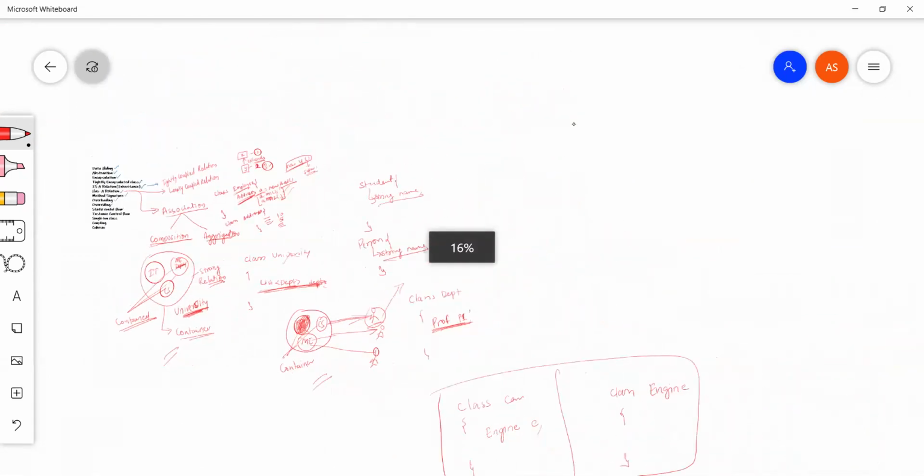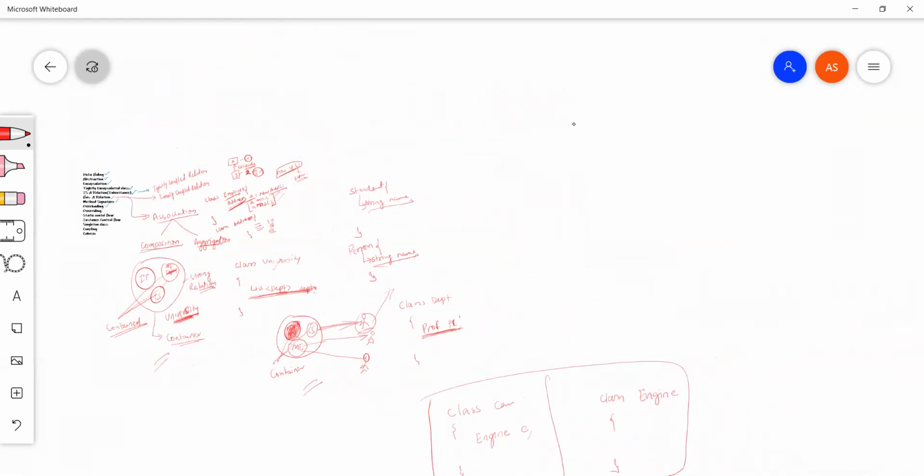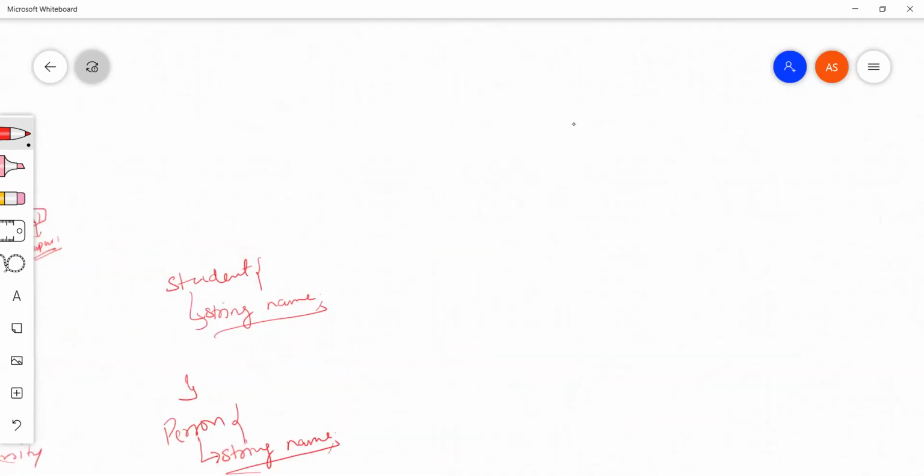One more thing I would like to tell you. Inheritance is represented by this symbol, the arrow sign, which basically represents extends.